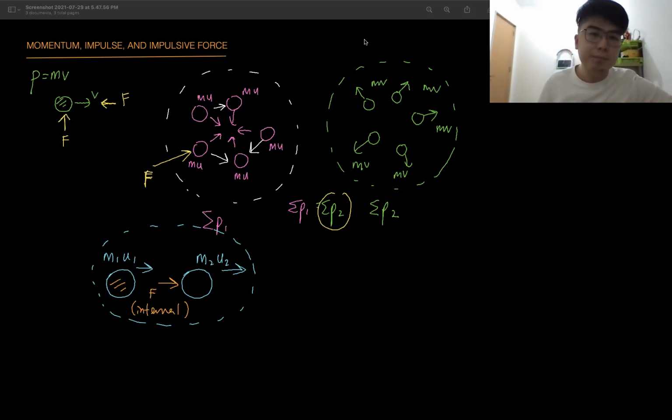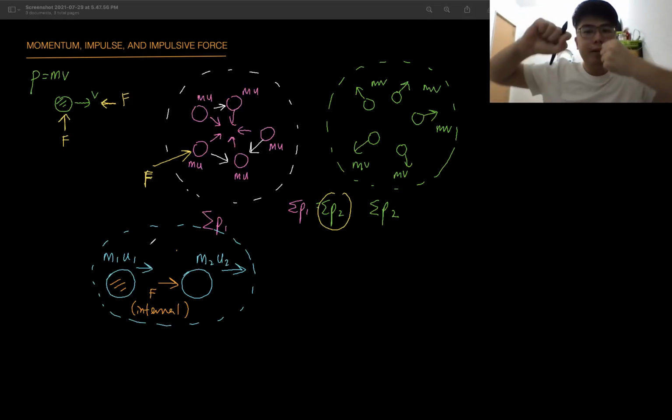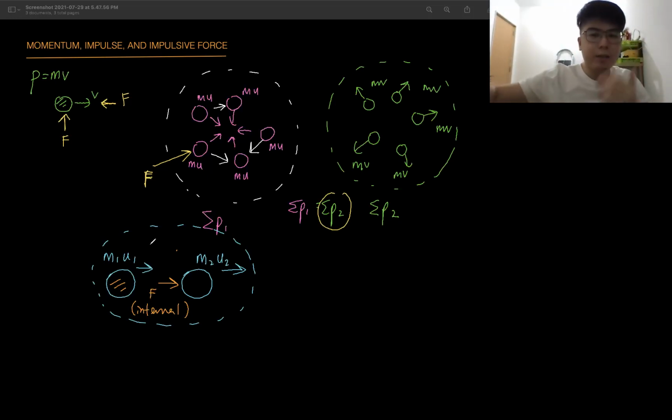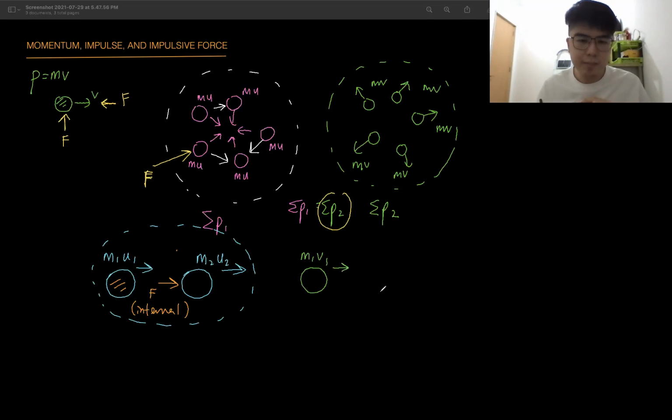After the incident, when the ball goes and hits the front one, the ball in front gains speed and the ball at the back loses speed. It's like a truck hit a car in front. The car gains speed and then the truck slows down. So here this body loses speed, so you have a new, final speed, still in the same direction, and the body in front, M2 V2 here. We are going to ignore friction.